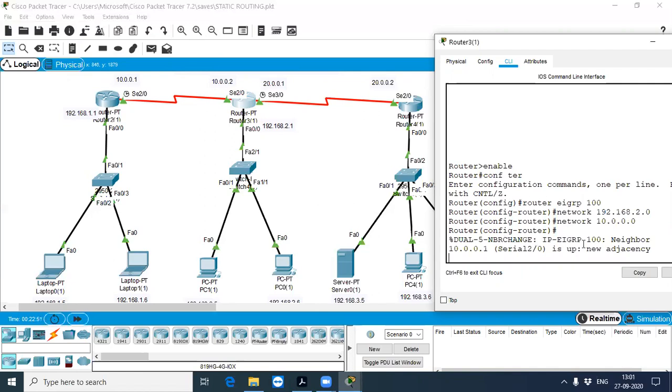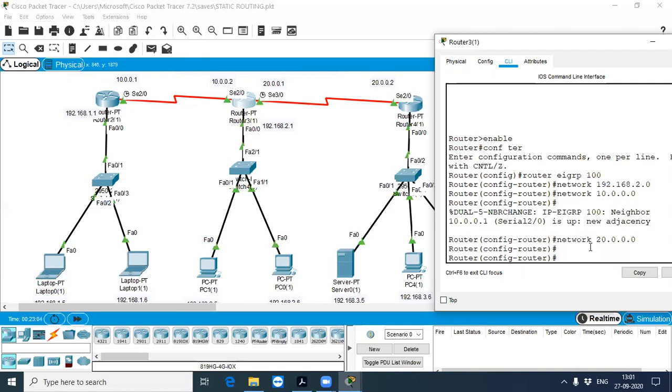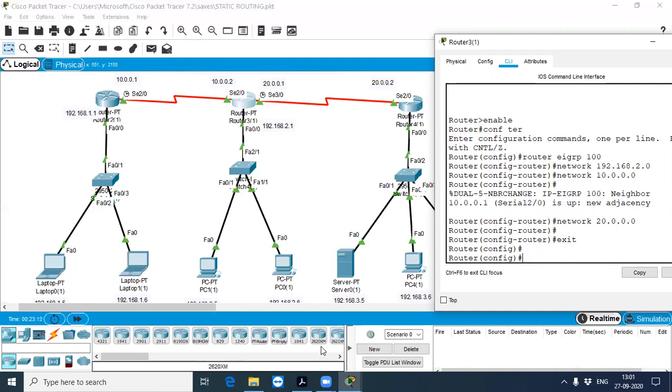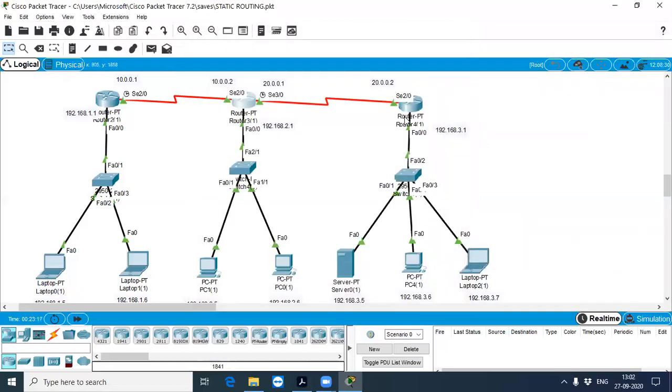If you see here, it will adjust in the EIGRP network. Another network this router is connected to is 20.0.0.0. So I have successfully configured three different networks on this router, right? Now give exit, exit, exit. The second router is also configured successfully.